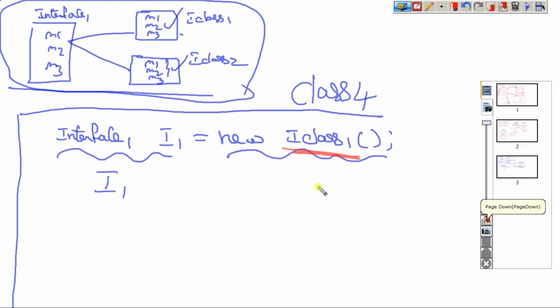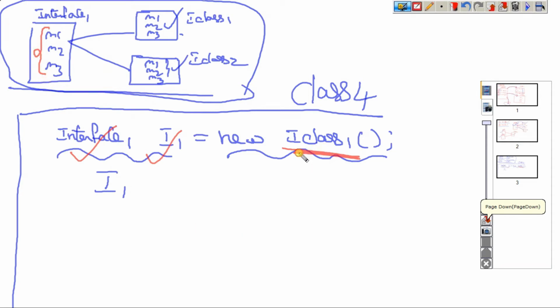Okay, remember. So what is here? I'm creating a reference for interface 1. So inside that, how many methods are there?